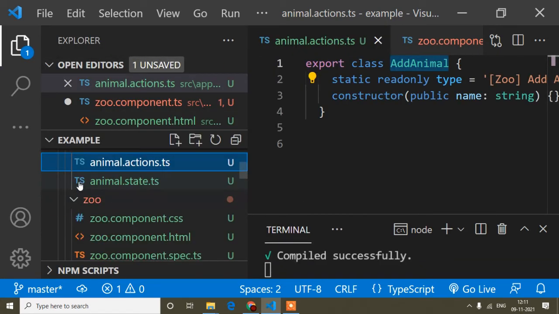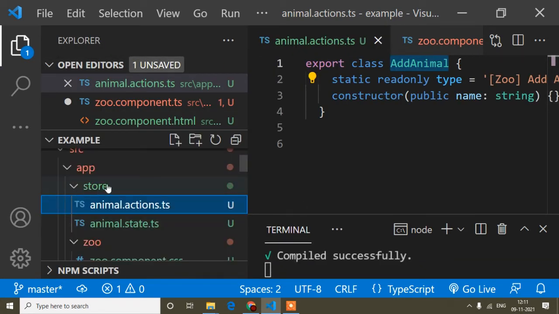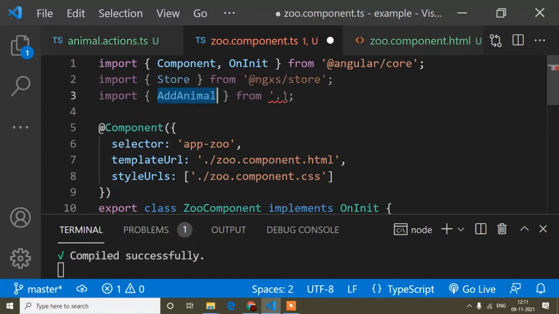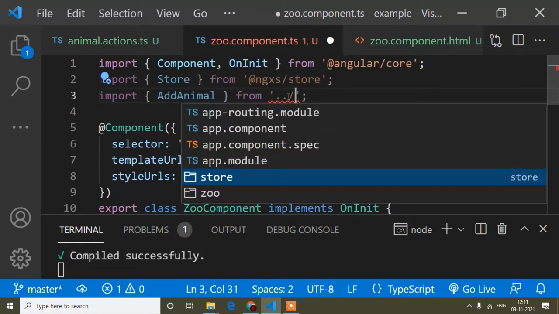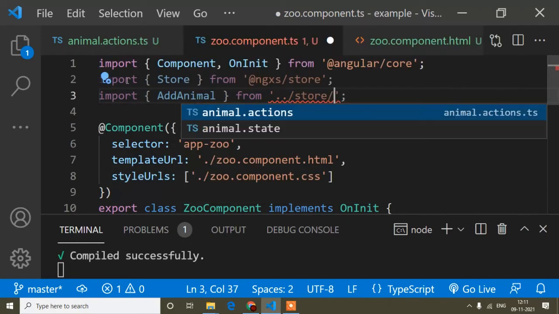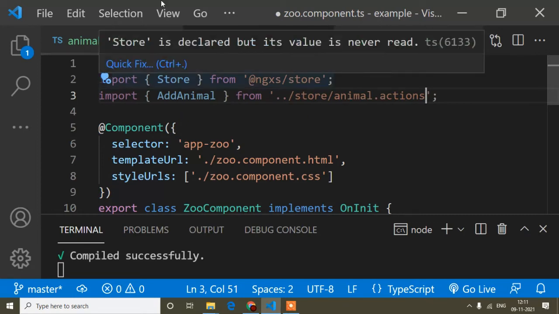If I show, first of all I had created a store folder in my previous video, here is the store folder, and after that actions. So I have to write the same path here. First of all dot slash, then I have to enter inside this store folder, and after that actions. Now the error is removed.